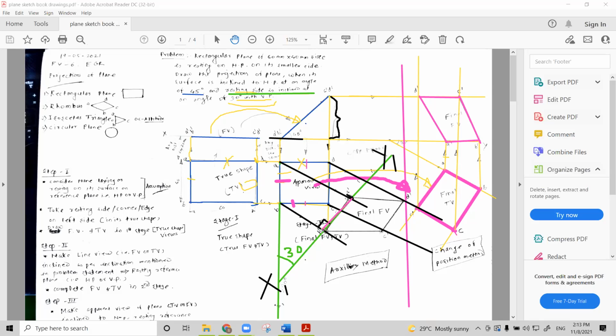final stage front view, okay, without changing the position of the second stage top view. Okay, you can directly get the answer with the auxiliary plane method. And this is going to be the final top view, right? So in this way you can complete the solution for this. Okay,